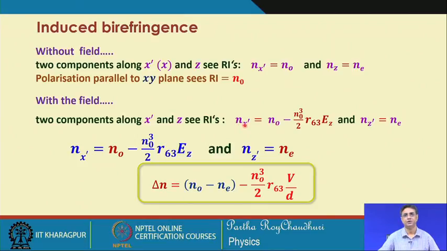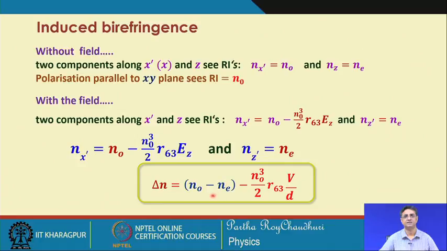So, you get n x dash, which is the new principal axis refractive index, is equal to this, but n z dash remains n z, n e, the extraordinary light refractive index. So, it does not undergo any change. Therefore, the